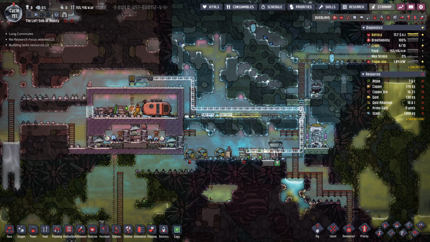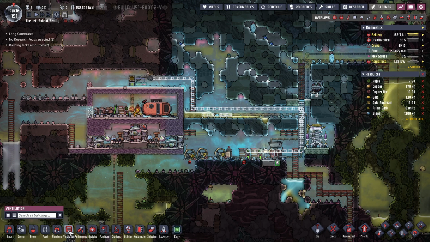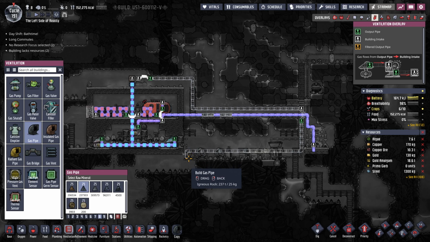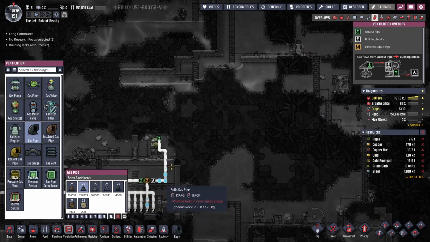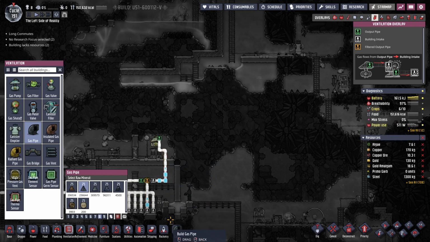Second of all, what's going on with this gas pipe here? That was weird. Let's not go full snake here. Okay, what's our final destination here? The base is down here, but the problem I was going over earlier is that if we aren't careful,